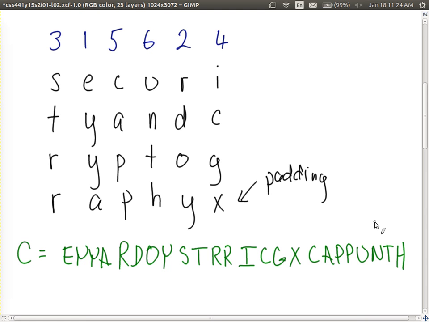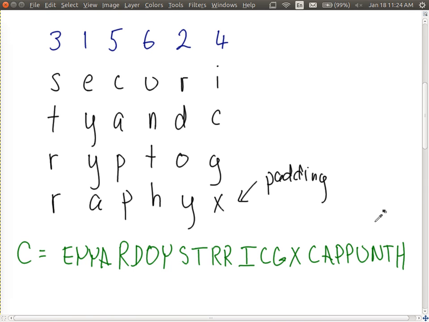This is just another rearrangement of our security and cryptography. They're quite easy to attack. It's quite easy to do analysis. If we can work out the number of columns, then we can look at expected words. So the transposition techniques on their own are not very good.